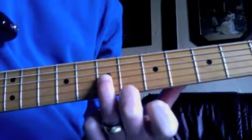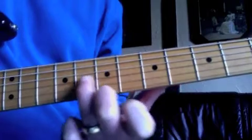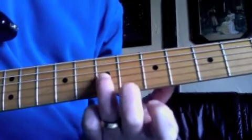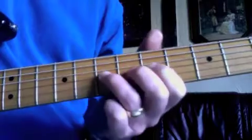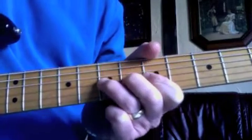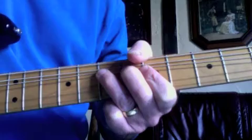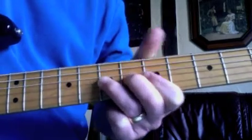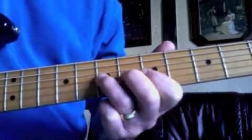It's the 7th fret there of the G string, the note D. Play the note E flat, the next note up. And then what we're doing is we're bending. So you can see the twisting of the forearm and the twisting of the hand. And then once you've established that,